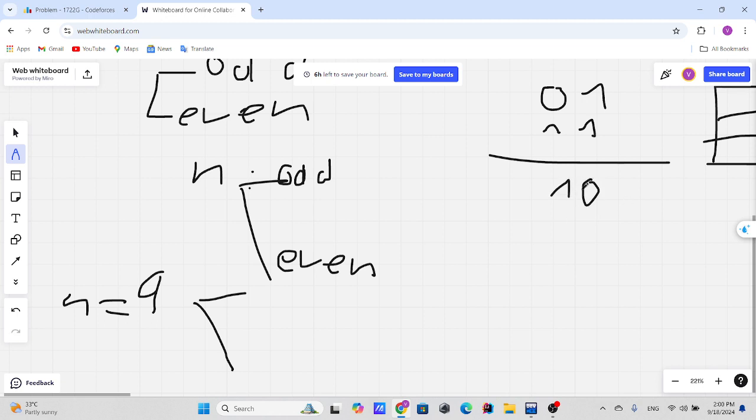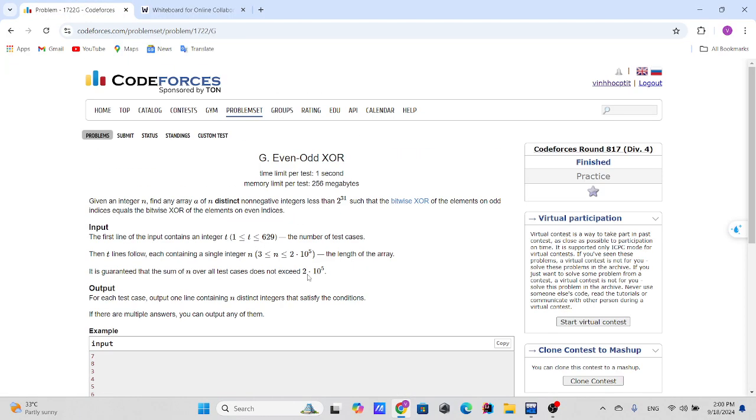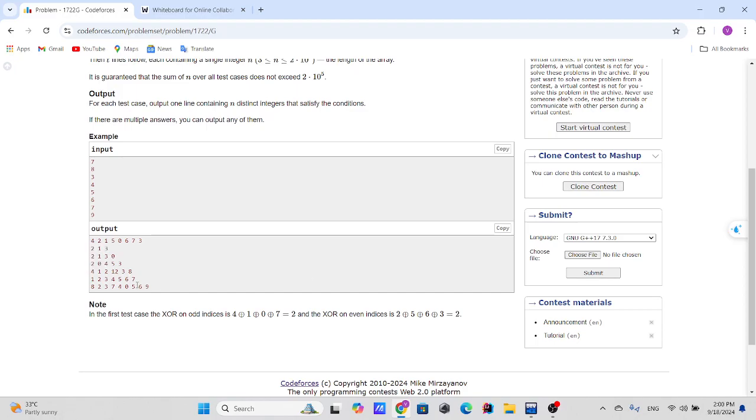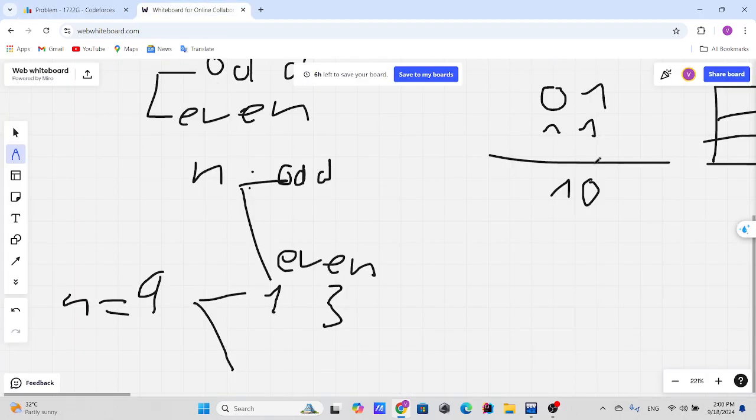This is 2, right? How about 2 and 4? We also need 2 here. So it should be distinct integers. Oh, 0 is also adequate, right? So we can add 0 and 2. This will also be equal to 2. But the problem is